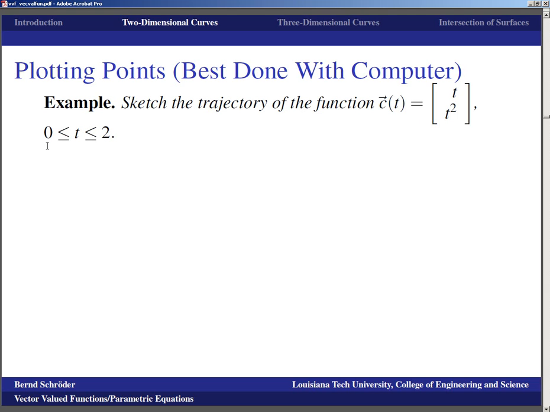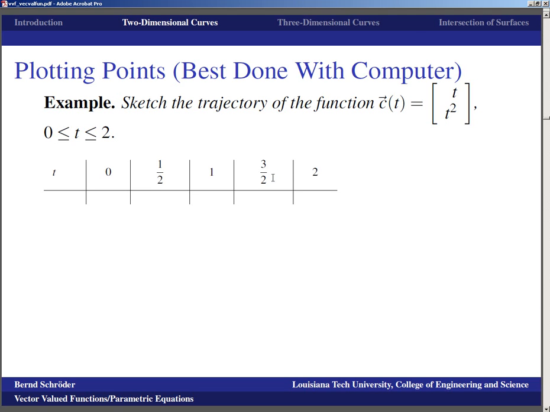So as an example, take a look at the trajectory of the function c of t equals (t, t squared) for 0 ≤ t ≤ 2. Now that is something that we still ought to be able to visualize, and in fact we should, because if x is equal to t, well, then we're just going along the x-axis as if we are drawing the graph of a function f of t equals whatever t is, and so this really should just be a standard parabola. This should be y equals x squared, or y equals t squared from 0 to 2,